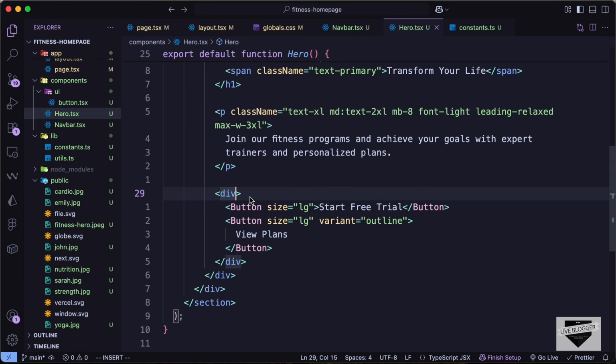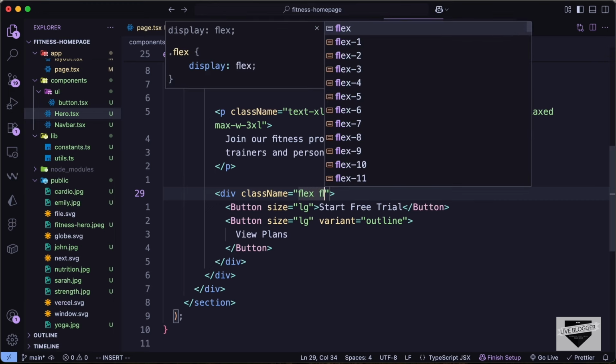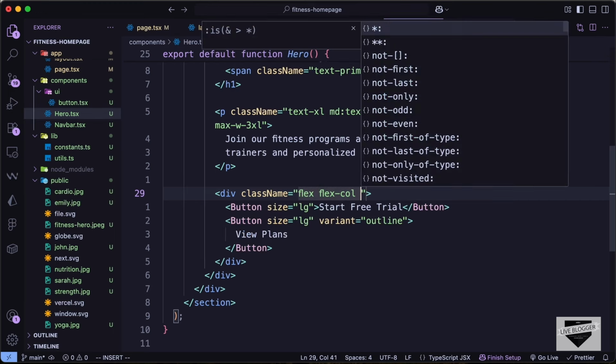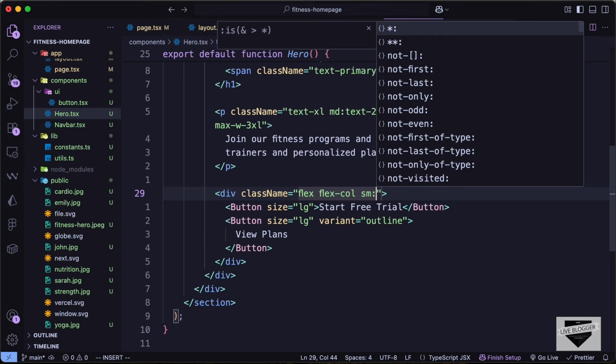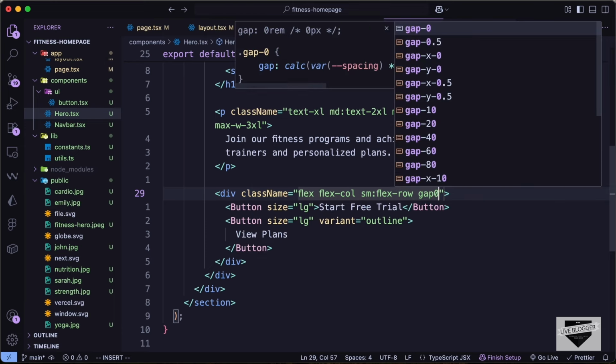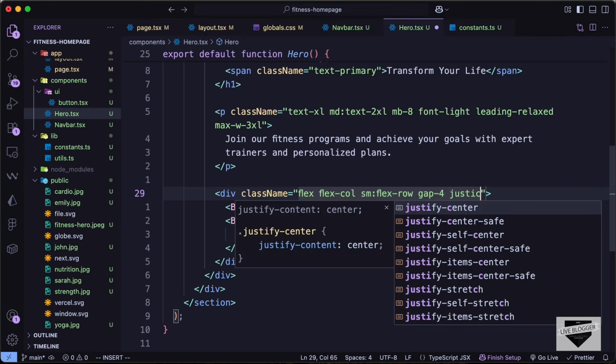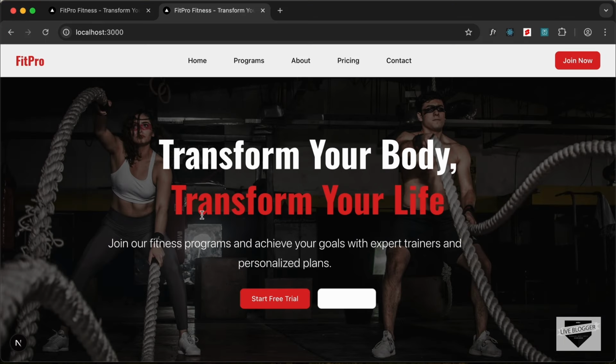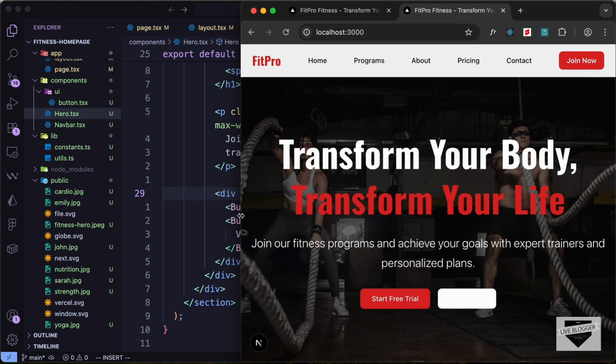So here for the div, let's type class name. Let's type flex, and let's type flex col for smaller screens. And for larger screens, let's type flex row. Let's add a gap of 4. Let's type justify center. So this is how it looks on larger screens, and on smaller screens, this is how